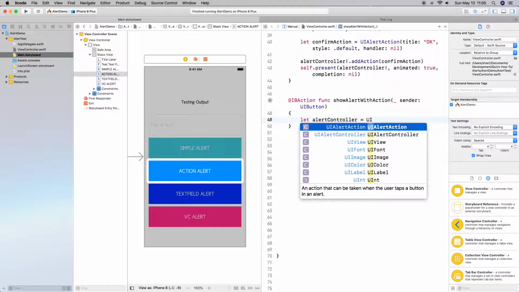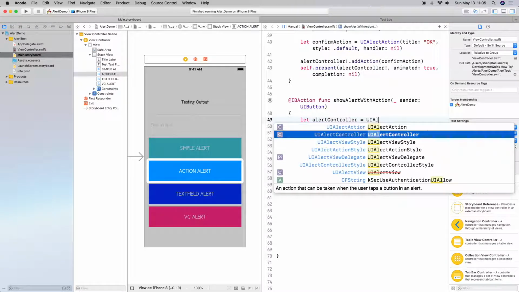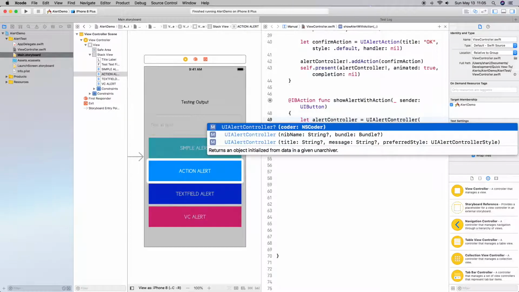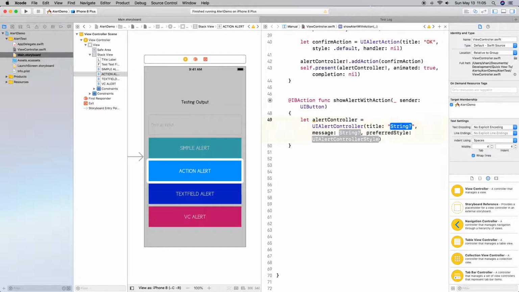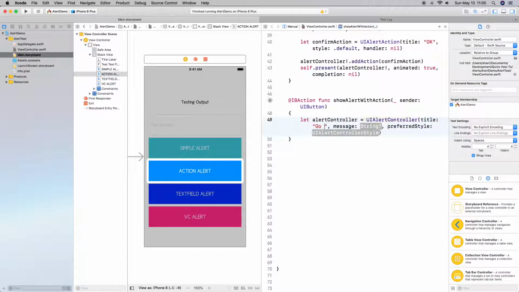Have that equal to UIAlertController, title, message, with preferred style. So I'm going to do go to settings. Wait, let's do uh-oh, because something obviously happened. So I'm just going to make it kind of fun. And then the message is going to be